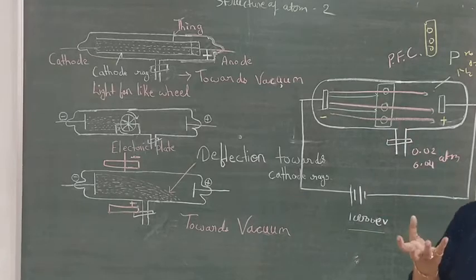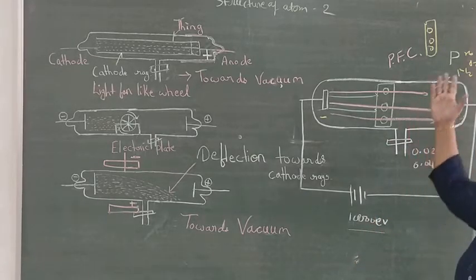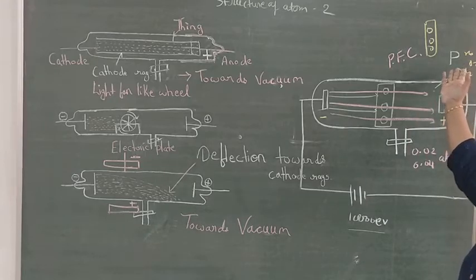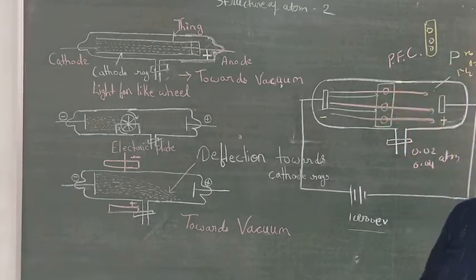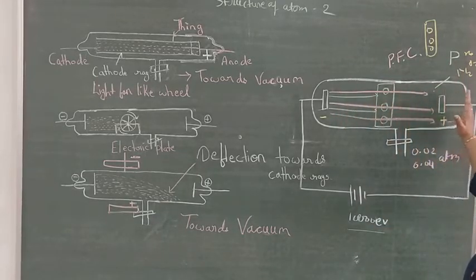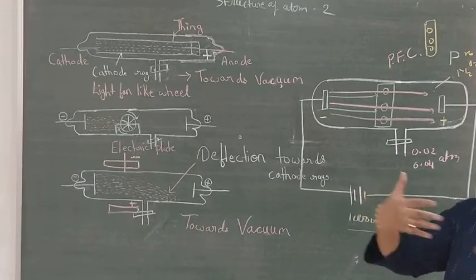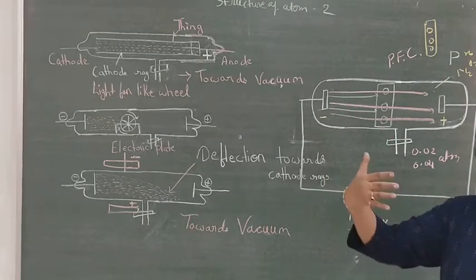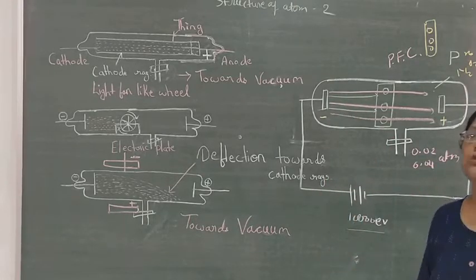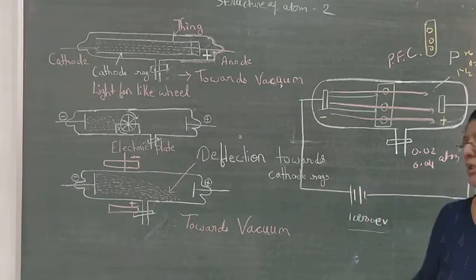And after releasing this pressure, again we provided 10,000 electron volt to this discharge tube, and we found a beam of colored light, like yellow color, green color, blue color, according to the gases inside that discharge tube. And we find again some rays are going towards the cathode side and some rays are coming from anode side. Means vice versa thing is going on, and it is difficult to find out which one is going and which one is coming, because too much messy portion is there.